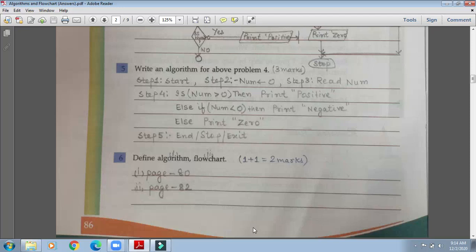Okay, now the same flow chart we are using, and we are writing the algorithm for that flow chart.